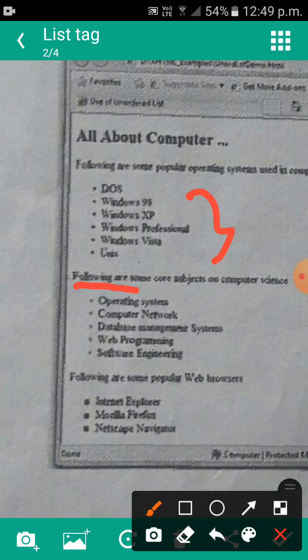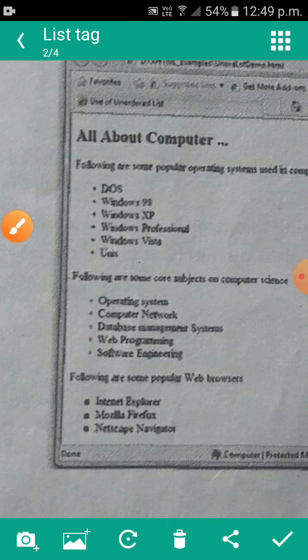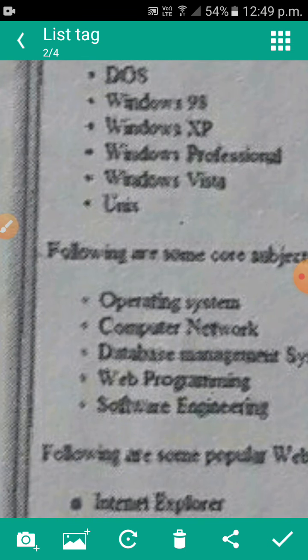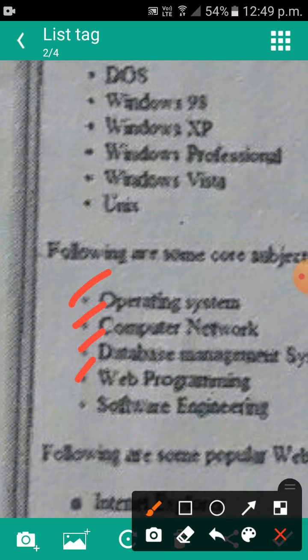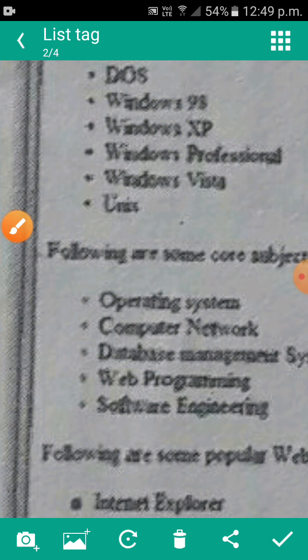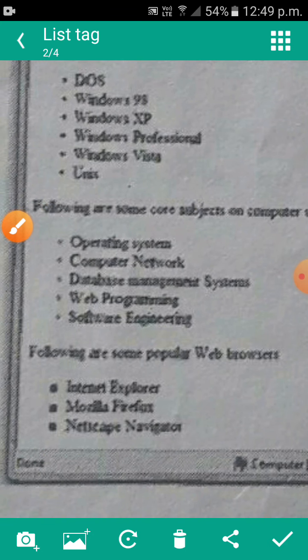Next, in the following list we gave some of the core subjects of computer science. For that we gave type equal to circle, and circled bullets are displayed here. This is the list of core subjects.